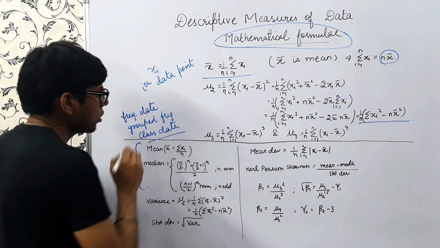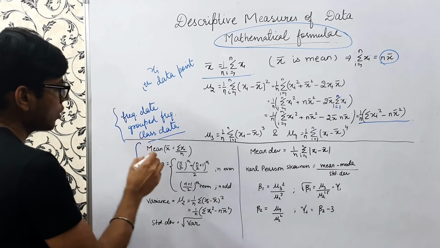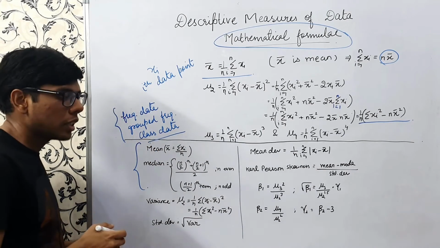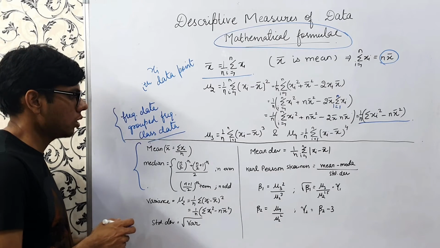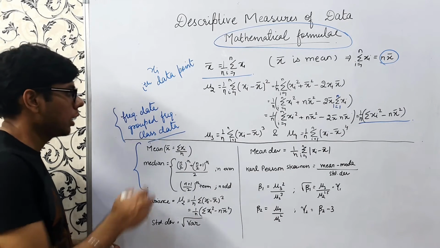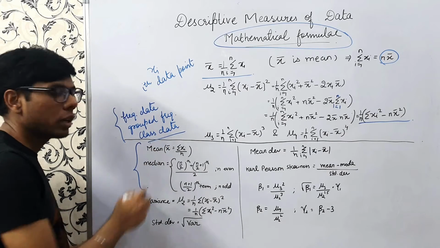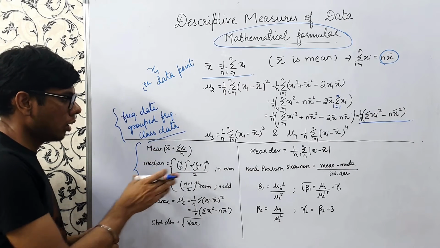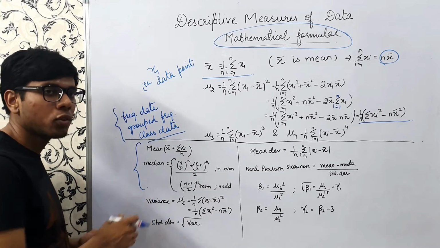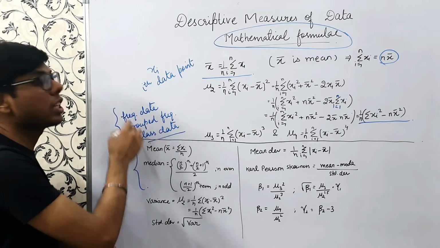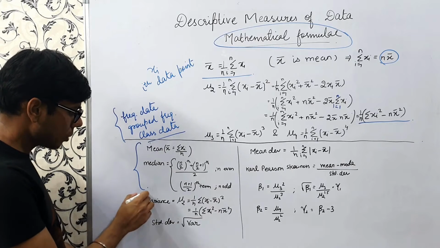So if you want to study these data and the formulas of mean and median, you can consult the S.K. Gupta and V.K. Kapoor book. There are a lot of variations in that book relating to frequency data, group data, and calculating the mean and median, because the basic concepts remain the same, but there is some slice and dice of these formulas for these variations. Then comes the measures of